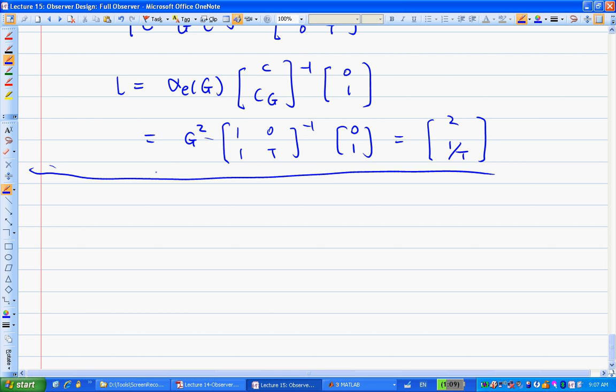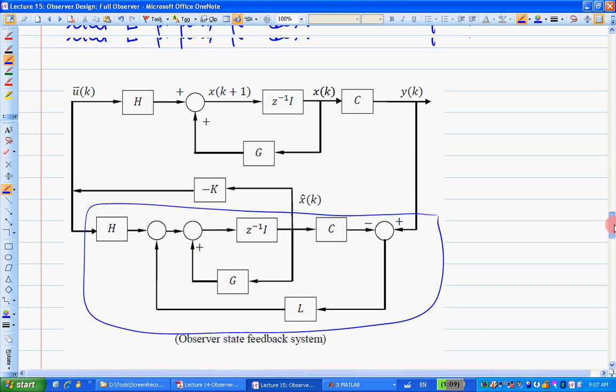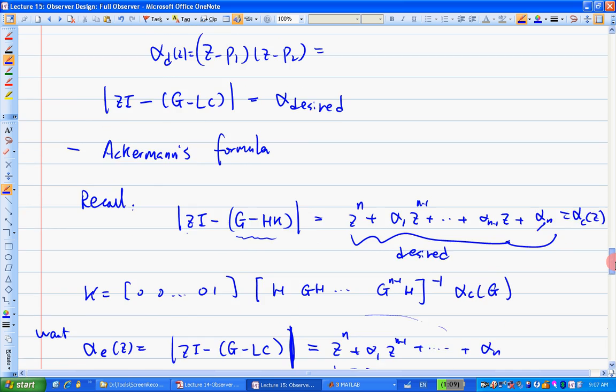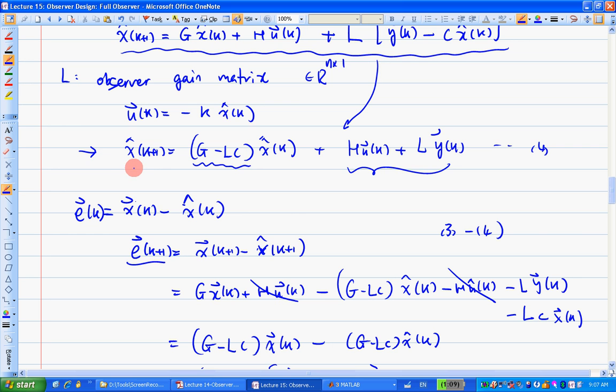So what's the current observer? Remember what I call this kind of observer here? Where's the equation for the observer? Which is right here, right? I said this is x hat of k plus 1, which depends on all the previous k's. So actually, we call this a prediction type of observer. You're predicting the next value, k plus 1,